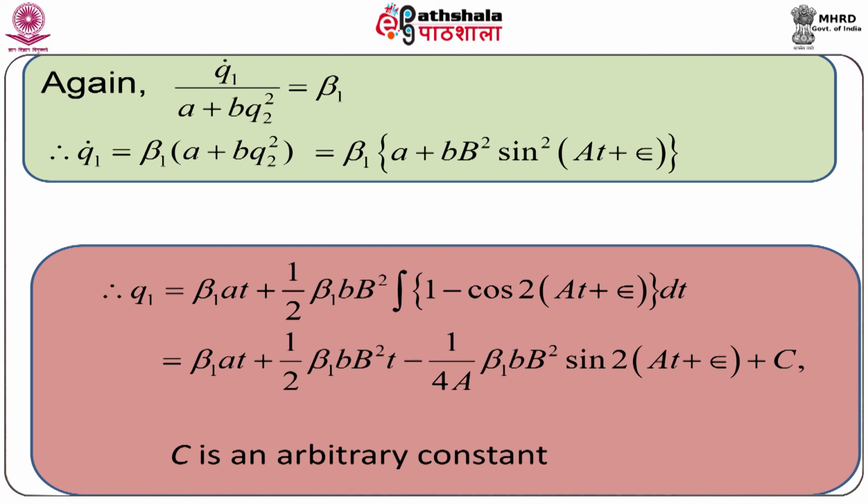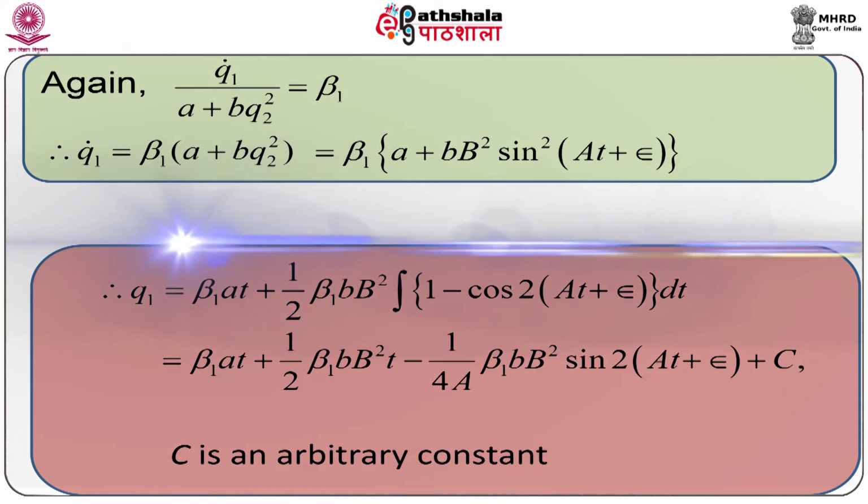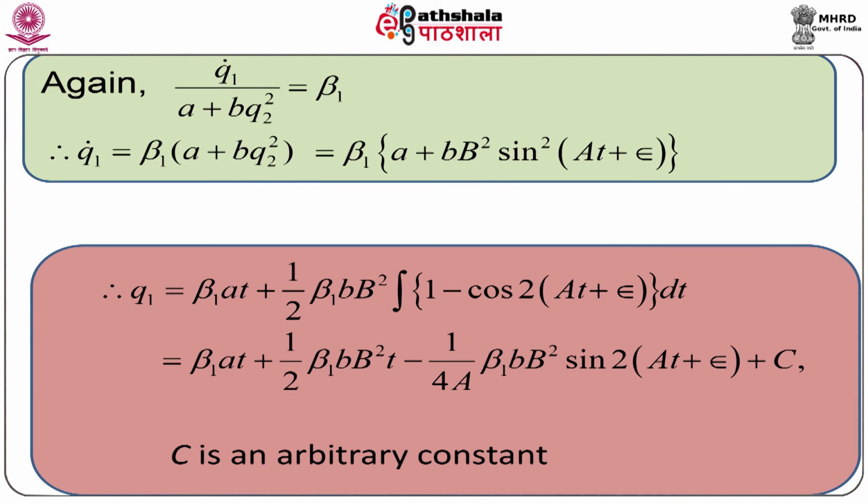If we put the value of q2 here, then we get q1 dot equal to beta 1 into a plus b q2 square, equals beta 1 into a plus b into capital B square sin square capital S into t plus epsilon. On integration, this gives q1 equal to beta 1 a into t plus half beta 1 small